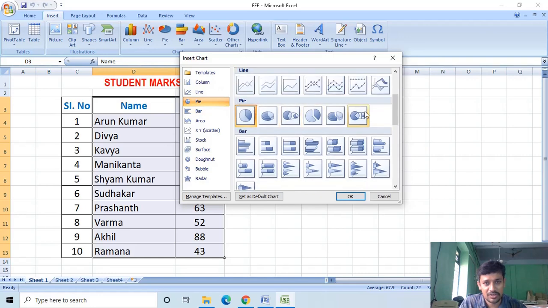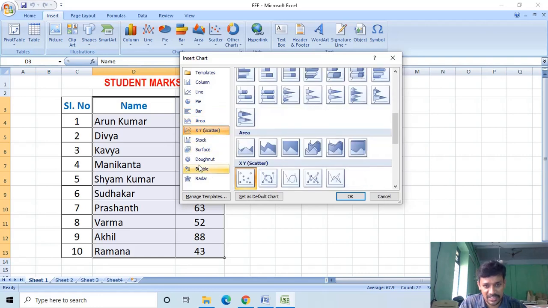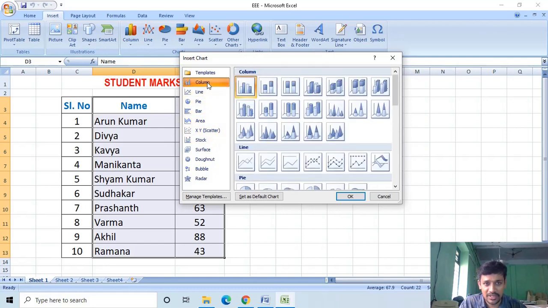This is the pie chart, and bar chart, area chart, XY scatter, etc. Based on your requirement, based on your application, you choose your chart type. For comparison purposes, mostly we use the column chart or bar chart.